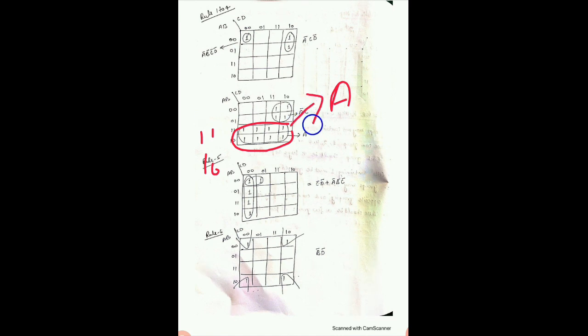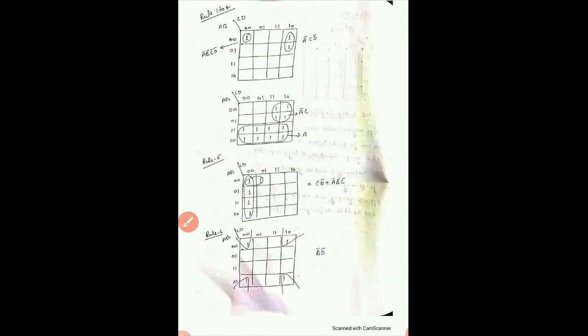Suppose there is a possibility like this fashion, then we can see on the left there are two configurations, 1 1 and 1 0. Then A, which is 1, is common, so we can write A. Now on the top there are 4 possibilities, 0 0, 0 1, 1 1 and 1 0, and we cannot have anything common on the top, so we have only A as the algebraic expression.